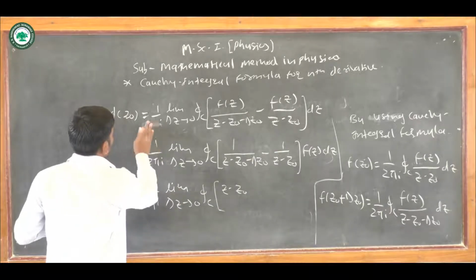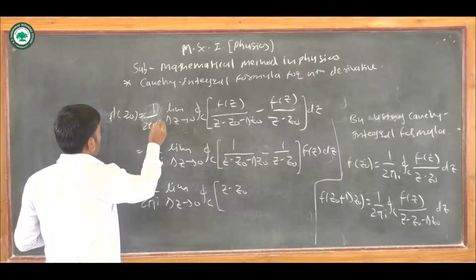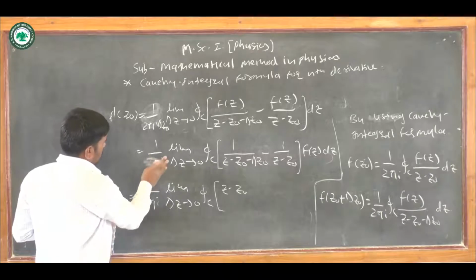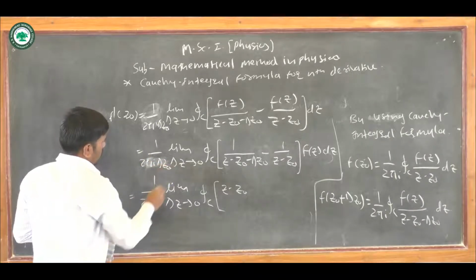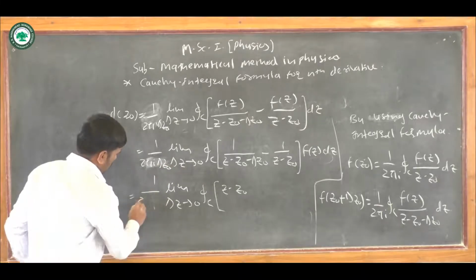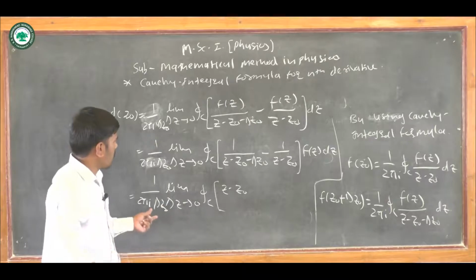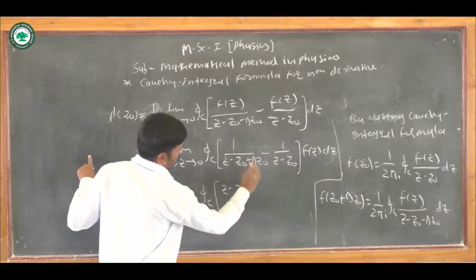Okay, by the definition, I forgot here 1 by 2 pi iota del z naught. Here is also 2 pi iota del z naught. Okay, by the definition of the limits, so z minus z naught